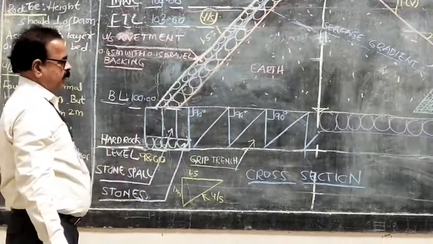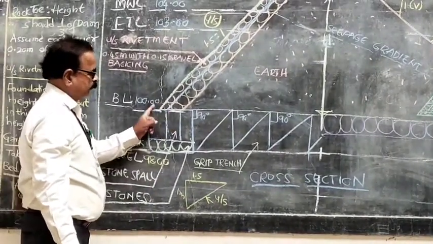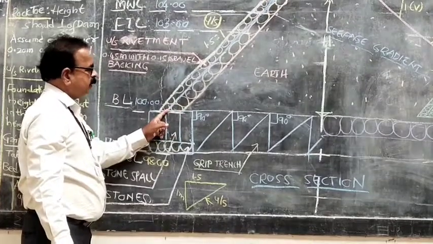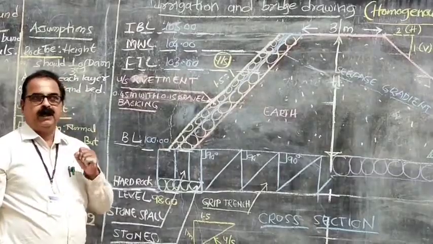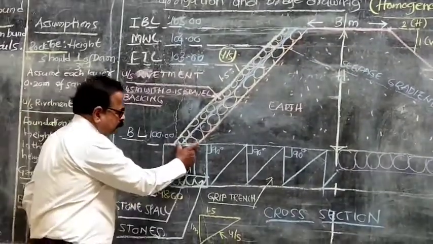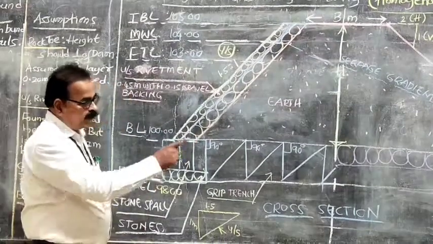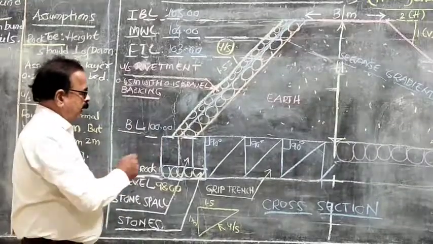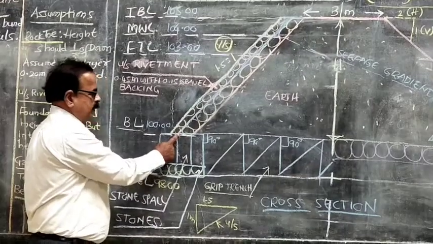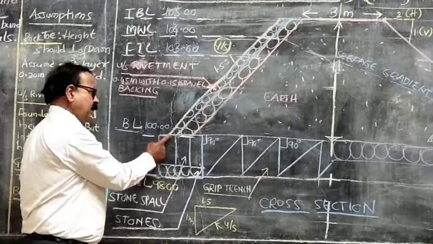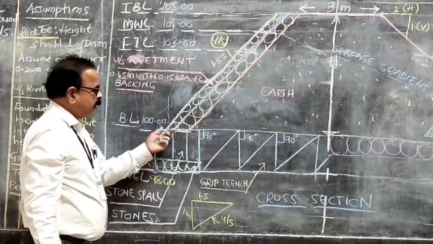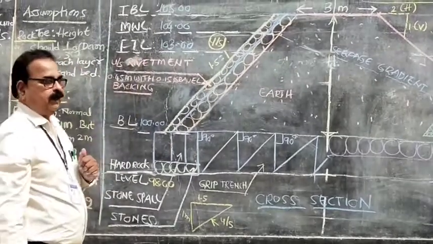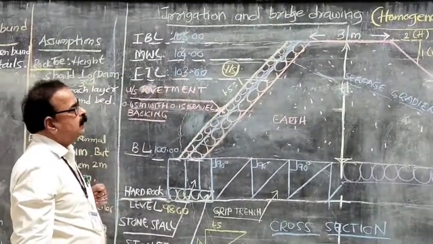How to fix the revetments? They are given here as 2 layers. One layer is 45 centimeter stone, and the second layer is 15 centimeter gravel. First fix up 45 centimeter. Scale is 1:50. Be careful, it should be double 90, and then it is 15. It is 3. So in the scale it should be properly taken, and then parallelly you have to extend them up to the top of the bund.